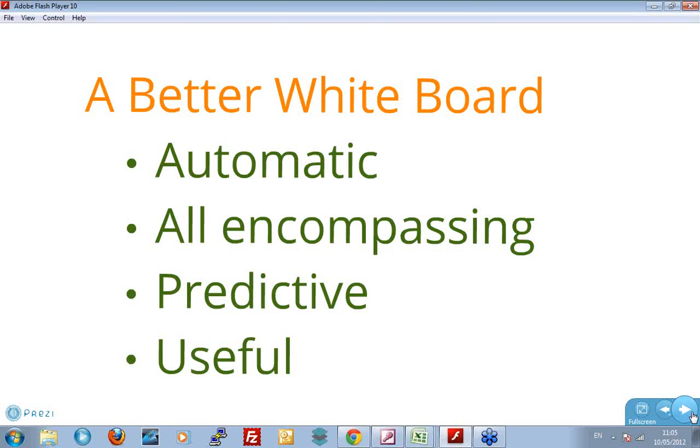You need a system that can collect information from far and wide, analyze information from far and wide, whatever the source may be, and enable you to do something useful. It needs to be predictive. It needs to give you some gauge as to what is going to happen in the future. And certainly, if you take a particular course of action, what is going to happen. But most of all, it needs to be useful. It needs to enable you to take decisions. So this is what we're trying to get to today. We're trying to look at ways in which you can use information more effectively and develop a better whiteboard.